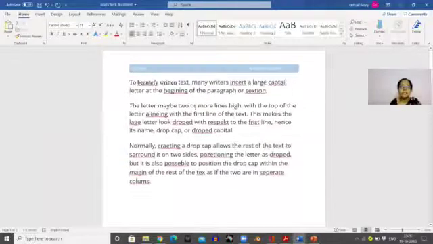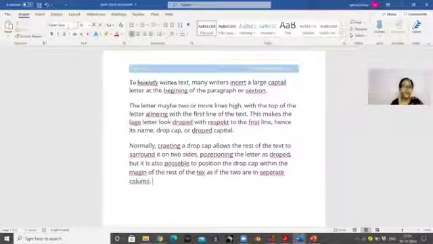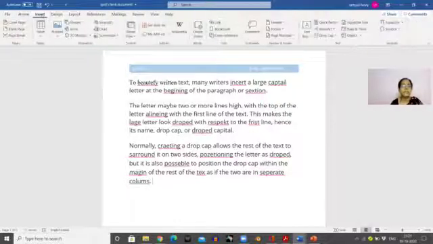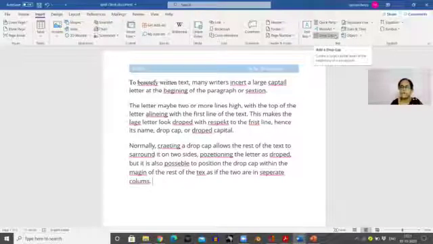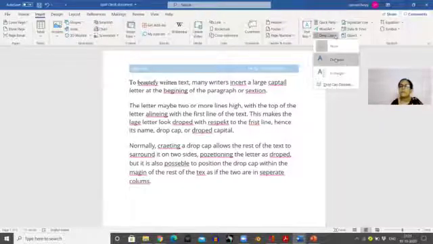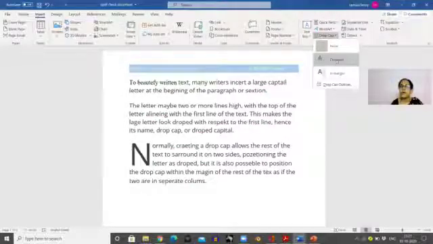Okay, now that's it. The next thing I'm going to teach you is drop caps. Now there are two types of drop caps. One drop cap is within the margin and one drop cap is within the paragraph. One is in the margin and one is in the paragraph. The drop cap option comes in the Insert tab. Click on the Insert tab. You have here the drop cap, right? In the Text group, you've got the drop cap. Click on this option. You have two types of drop cap. One is called Dropped. Can you see?